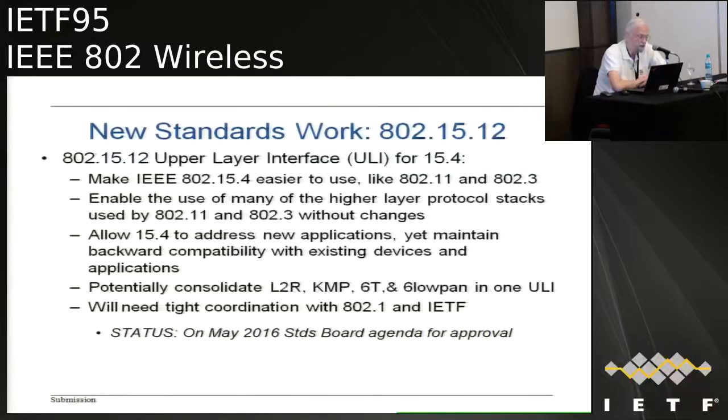But aside from that, the initial design philosophy was that 802.15 should be minimal. In other words, not really provide specification for everything you might need in a system using 802.15. So the result of that has been that there's been a lot of incompatible developments, and some of the deployments are not interoperable. So the thought with 802.15.12, and it should be approved relatively soon, and when it is,